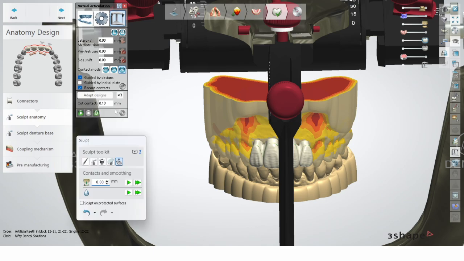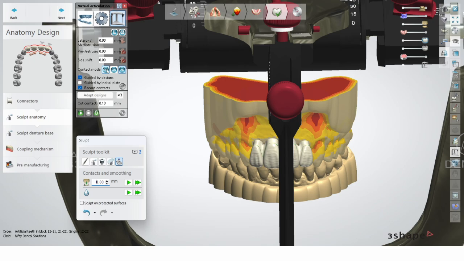And here you have different options. So you can use the auto shut mode. You can prevent jaw from penetrating, or do not prevent jaw from penetrating. So I will probably not use this one.